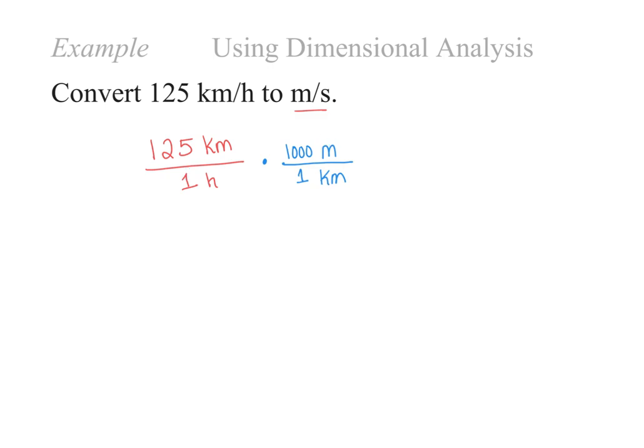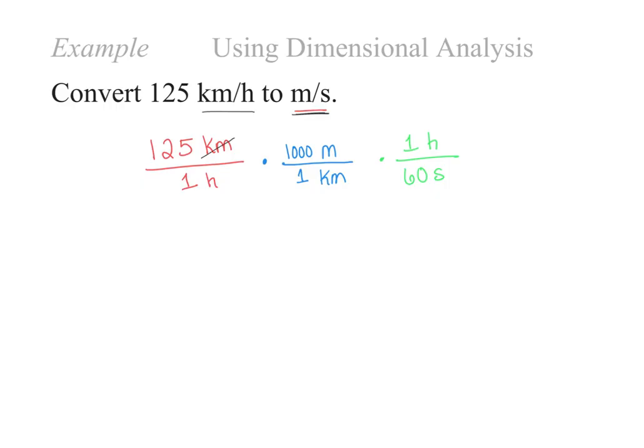And then we need to change this hour to seconds. Again, the hour is in the denominator, so we need to make sure that the hour is in the numerator. 1 hour is 3,600 seconds. Again, 1 hour divided by 60 seconds is just one. We have not changed anything by multiplying by this. We are simply converting the units. A good way to check if you did this correctly is everything that you're getting rid of should cross cancel out, and you should be left with what you want.